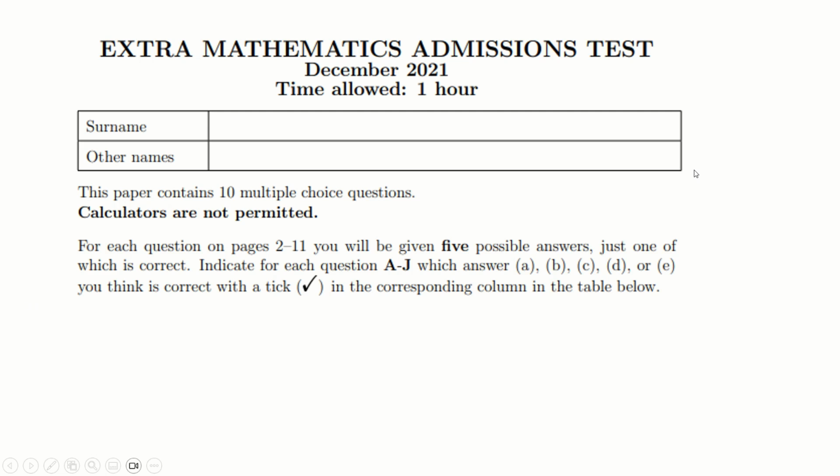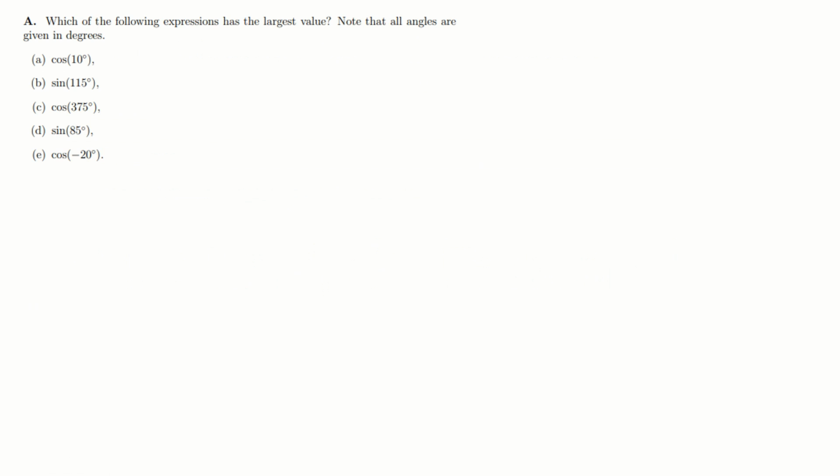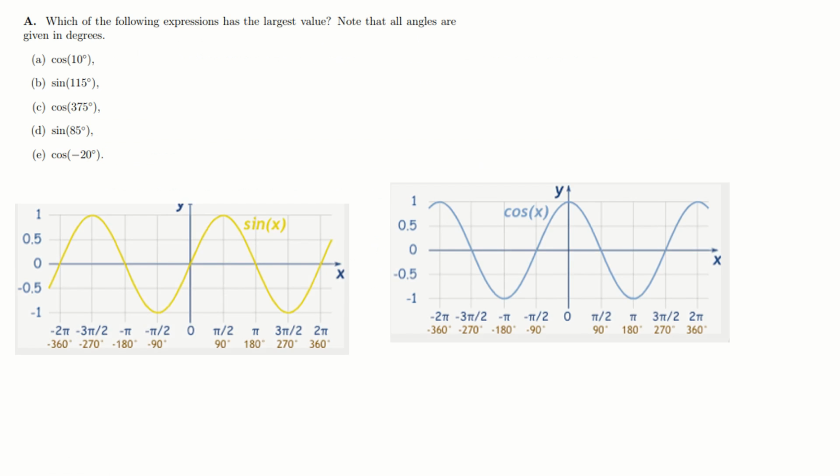These are the extra math questions from 2021, the short questions. Let's just go ahead and do them. Which of these is largest? If you draw the sine graph and the cos graph, essentially, you know the maximums are at 90 and 270,